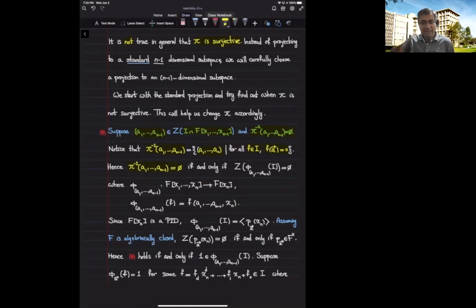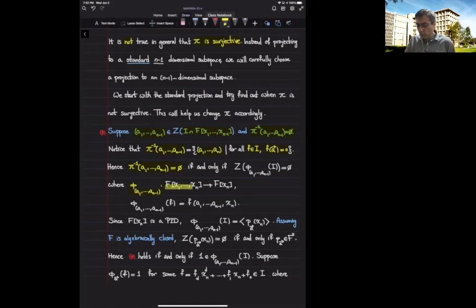And then I'm asking myself if I can find a_n for the last variable so that all these equations vanish. So this means I'm using this evaluation map at the vector (a_1, ..., a_{n-1}) from the ring of polynomials with n variables,